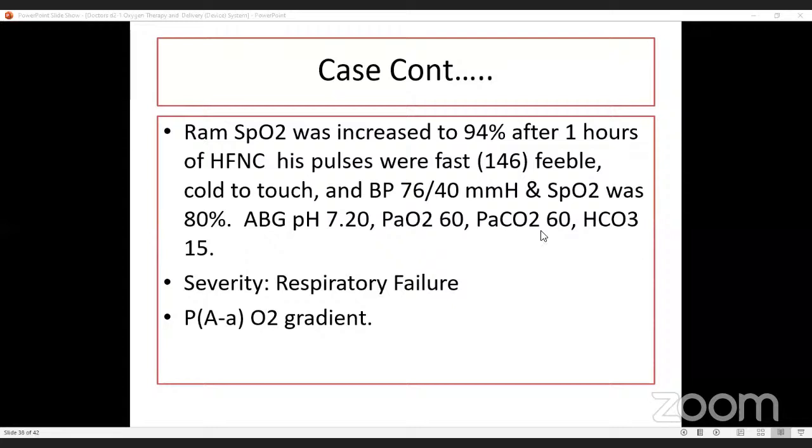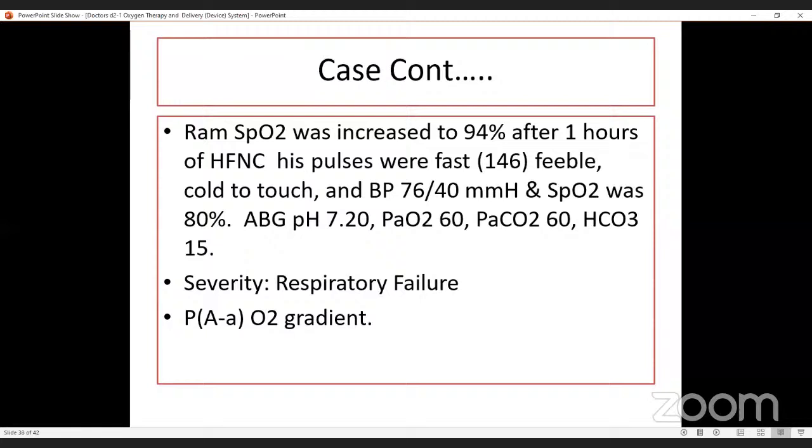ब्लड प्रेशर उसका 76/40 मिलीमीटर ऑफ मर्करी हो गया। 5 साल के बच्चे के लिए मिनिमम ब्लड प्रेशर एज इंटू 2 + 70 होना चाहिए। तो 5 साल के बच्चे के लिए कम से कम 80 सिस्टोलिक ब्लड प्रेशर होना चाहिए था। इसका मतलब चाइल्ड इज गोइंग इनटू शॉक, हैज गॉन इनटू शॉक। शॉक की डेफिनेशन यही है, 5th परसेंटाइल से नीचे आ जाए। 5th परसेंटाइल की डेफिनेशन 1 से 10 साल तक के बच्चे में 70 प्लस एज इन ईयर्स इंटू 2 है, जो कि 80 होनी चाहिए थी, यहाँ पे सिस्टोलिक ब्लड प्रेशर 76 हो गया है और SpO2 उसका 80% रह गया है।